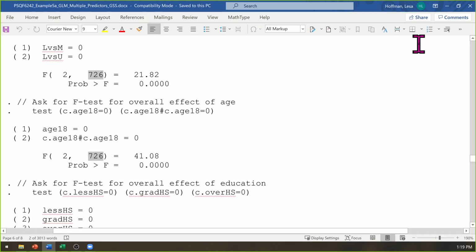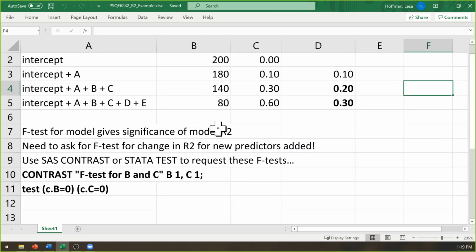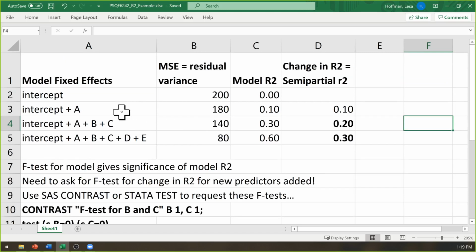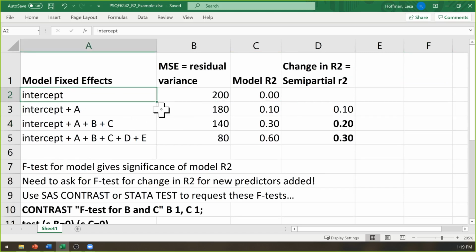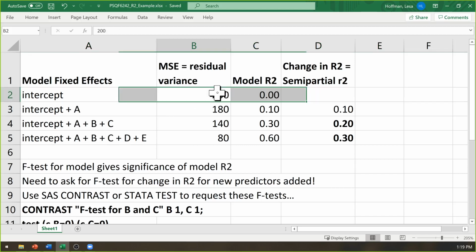So what you're going to be doing, I actually have a little spreadsheet that I made from last year, is something that looks more like this. I will post this for you after class, but this is designed to reinforce the idea of what is old and what is new. So if I start with an empty model, with only a fixed intercept in the model, then the mean square error for the residual variance, let's say it's 200.